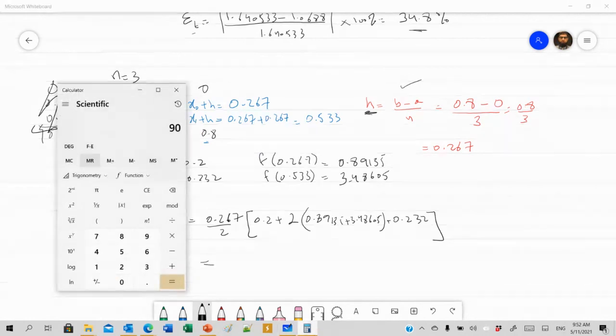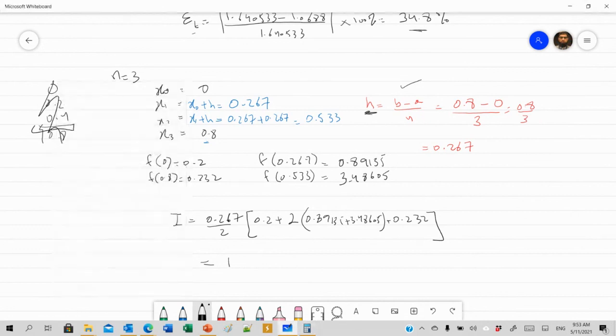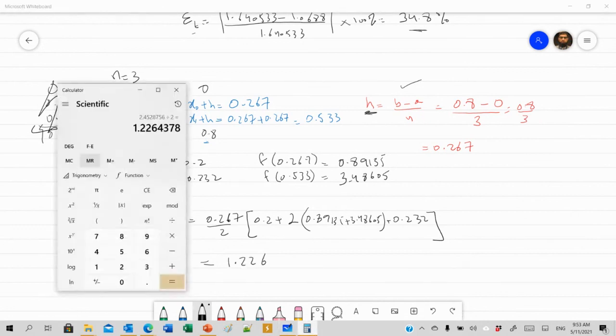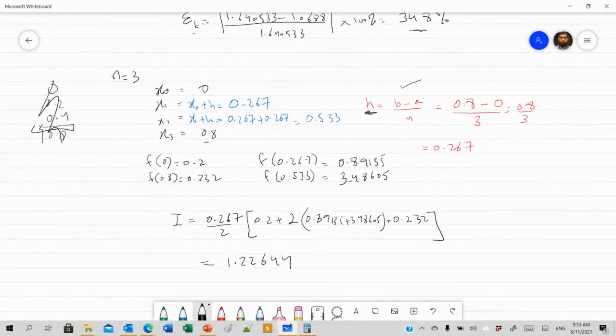So 0.89135 plus 3.48605, which is multiplied by 2, plus 0.2 plus 0.232, multiplied by h divided by 2, so we get 1.22644, let's say,